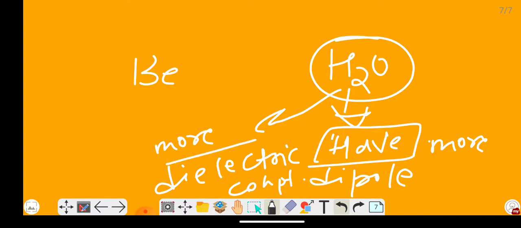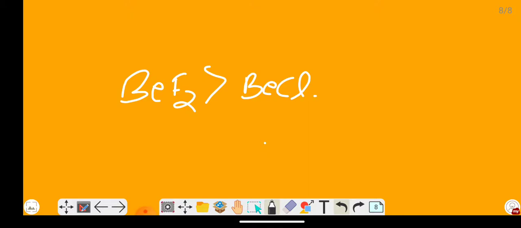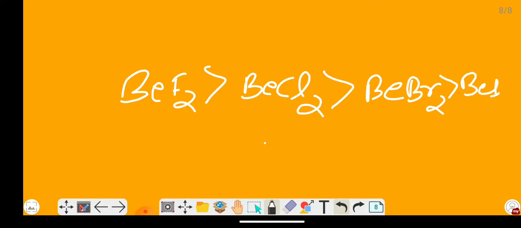So the order of solubility in H2O will be BeF2, BeCl2, BeBr2 and lastly BeI2. So this is the order of solubility